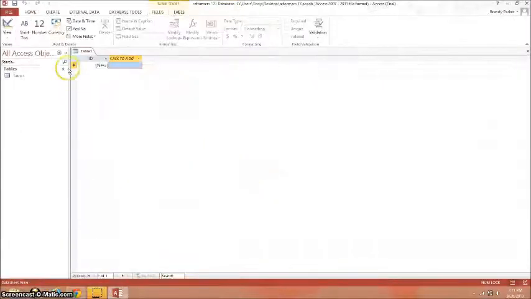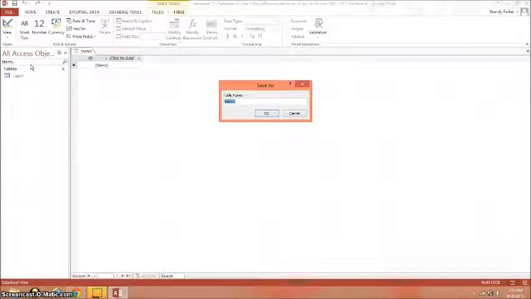It automatically defaults us into a table, and we are going to choose the Design View button right here, and we can hit the arrow and choose Design View. Immediately, it asks us what we would like to save our new table as, and we will type in Famous Reformers,